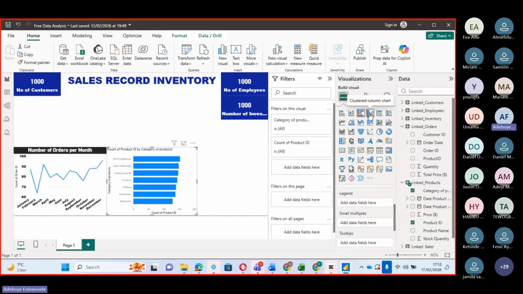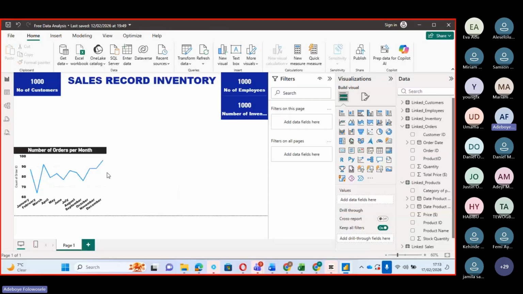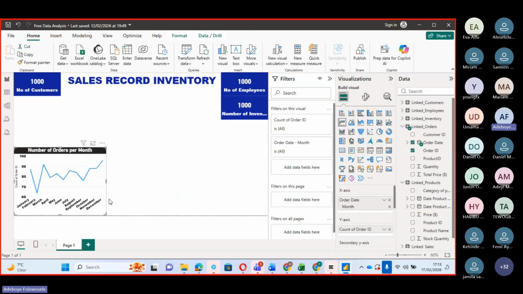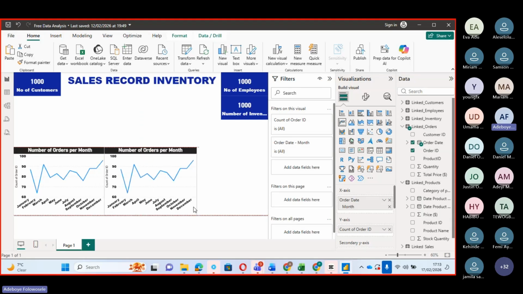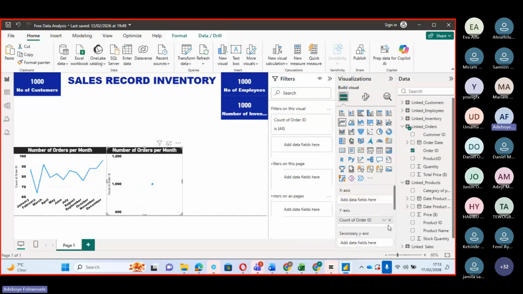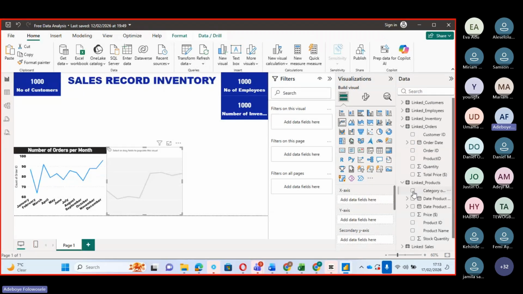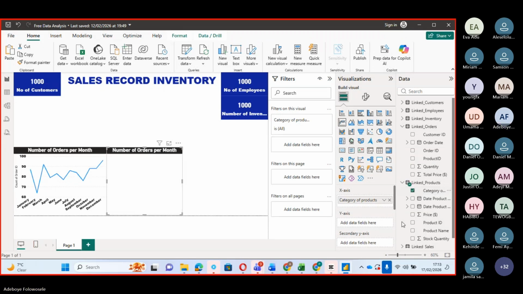Okay, let me delete this. I'll teach you one of the things I usually do so that it won't waste my time. Since I formatted this, what I usually do is duplicate. So Control C and Control V will duplicate it for me, and thereby I will be able to edit this. So I will just delete this, and go to categories of products, and also the counts of the